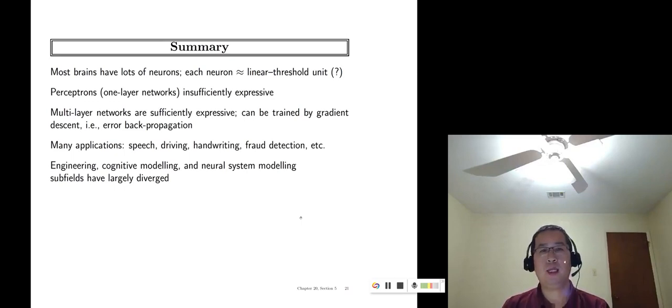And then this is the last slide to conclude. So basically for this chapter we talked about the concept of what neural networks are. It is a simulator of the human brain, but it's not in a biological way. We simulate in a function-level way, right? At the function level. Most brains have lots of neurons. Each neuron is like a linear threshold unit. Of course, we want to approximate this, that's why we use